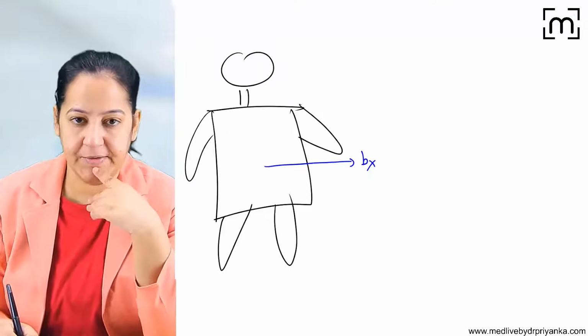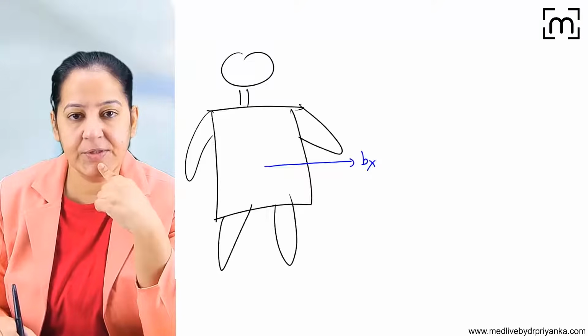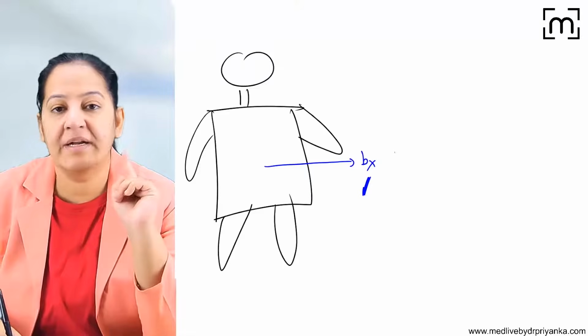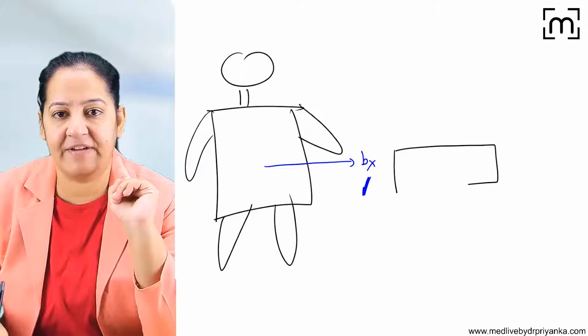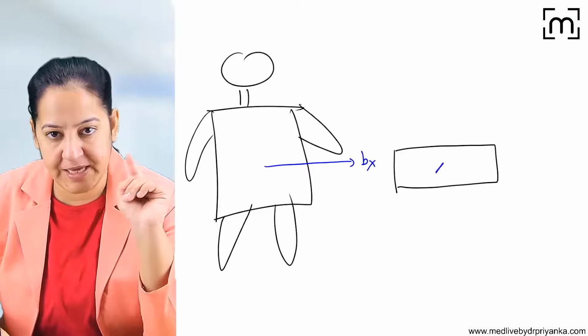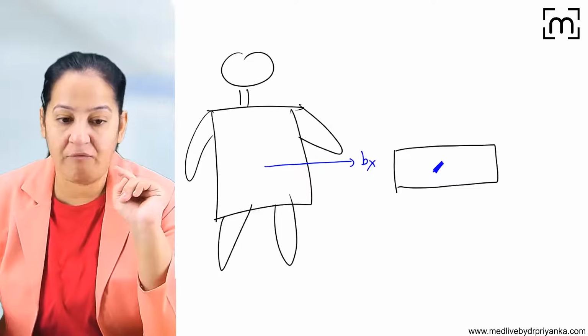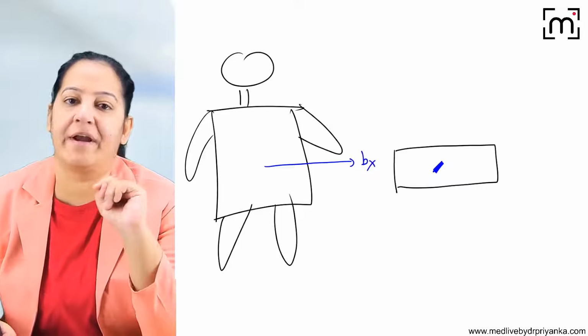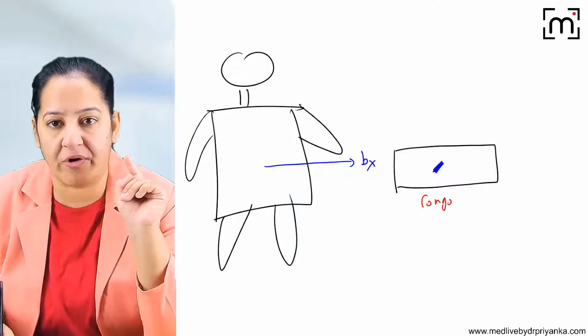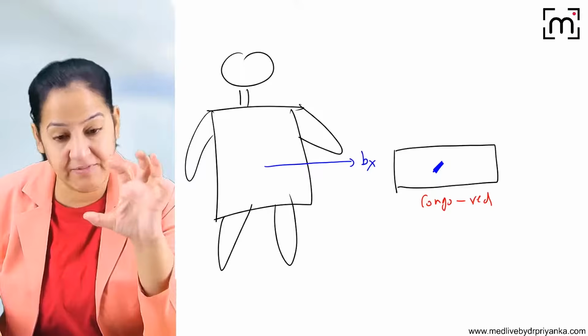So I have done the biopsy. This is the core of my biopsy. What should I do? Take a slide. This is the slide I have taken, and this is my biopsy on the slide. Now what will I do? I will do Congo red on this. I'm doing a stain that is Congo red. I'm staining this biopsy with Congo red.